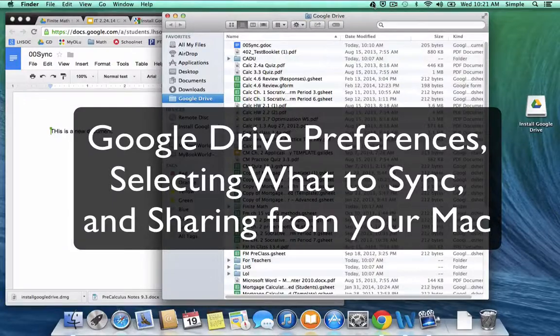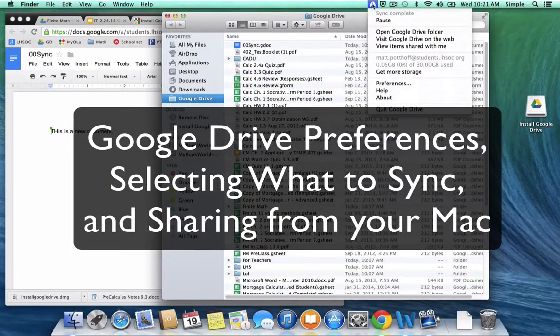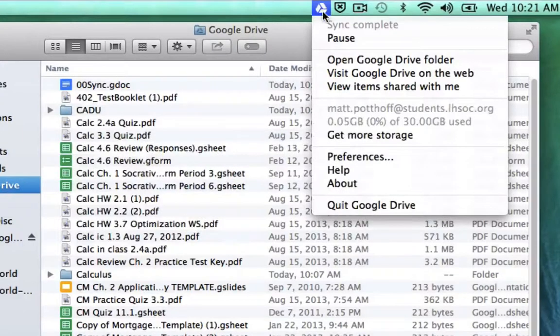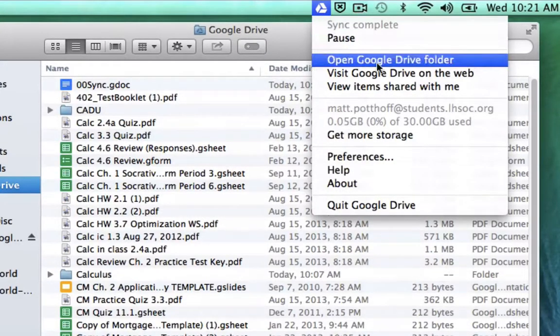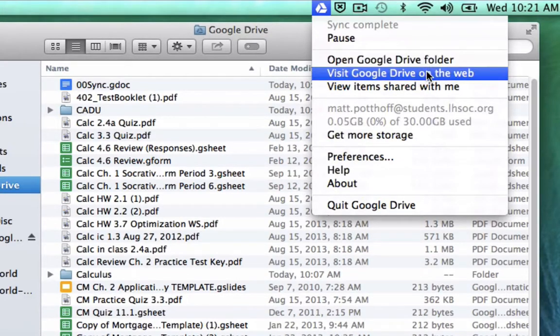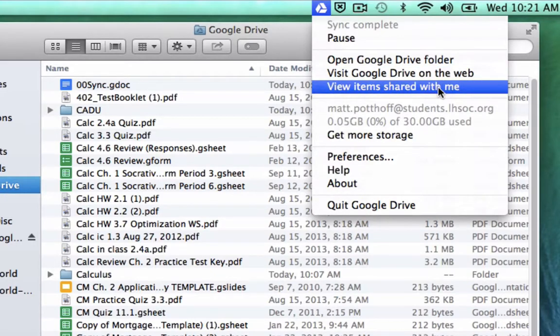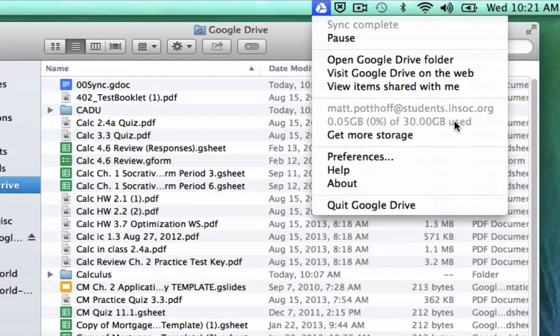Now you can also choose which folders and files you want to sync. If you click on the Google Drive up here, notice there's a couple links here. You can open your Google Drive folder on your computer. You can visit Google Drive on the web. You can also view items shared with me. It shows which account you're using, how much of your storage space you've used, and you can also get to